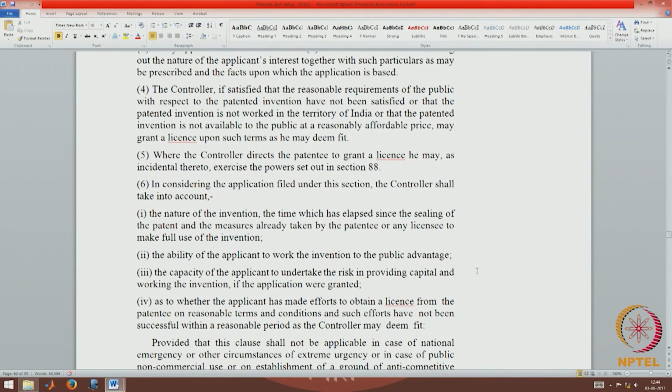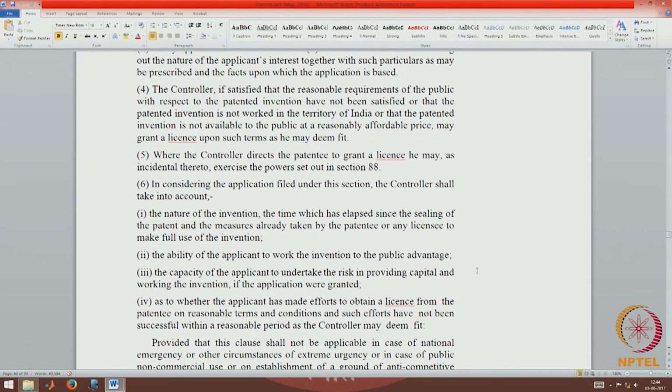It does not make any sense because in an earlier amendment we removed sealing as an administrative step. There is no sealing of patent as it was done earlier. So this is a remnant of the past, and hopefully in the next amendment this would be set right. Since the grant of a patent, because sealing is now replaced by grant,